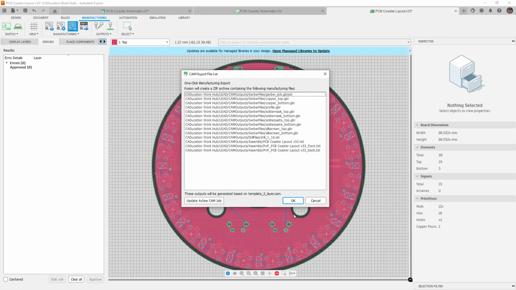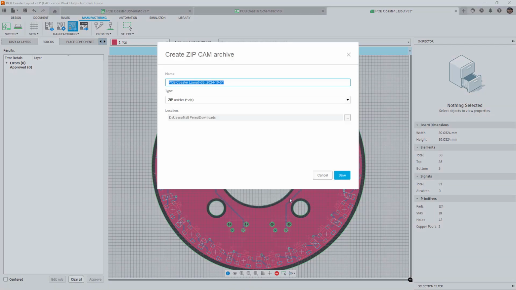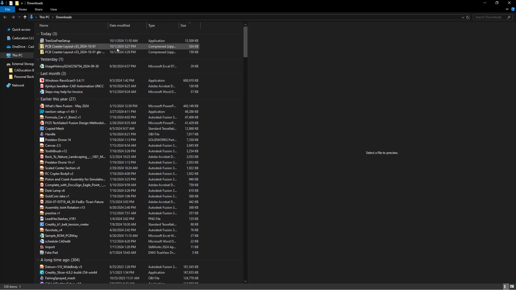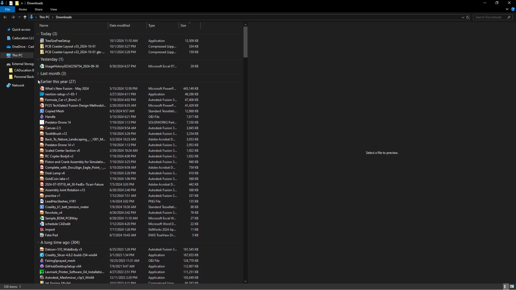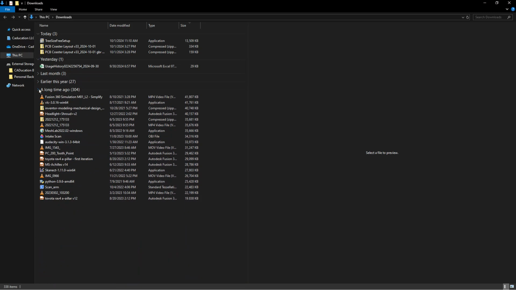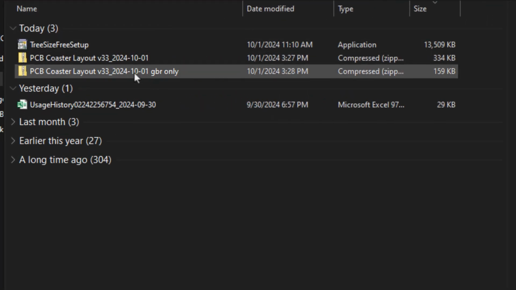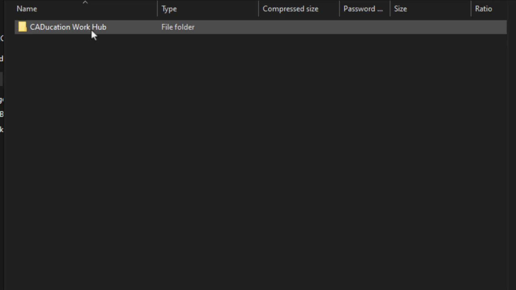So if you generate the Gerber file, I'm going to put it in the same location, and I'm just going to say GBR only for Gerber only. Essentially what's happening, and if I bring this over, you can see it in my downloads folder here. Let's go ahead and just clean this up. We are getting zip files. So the Gerber only, if we go into it, it's going to show the work hub that I'm working in,